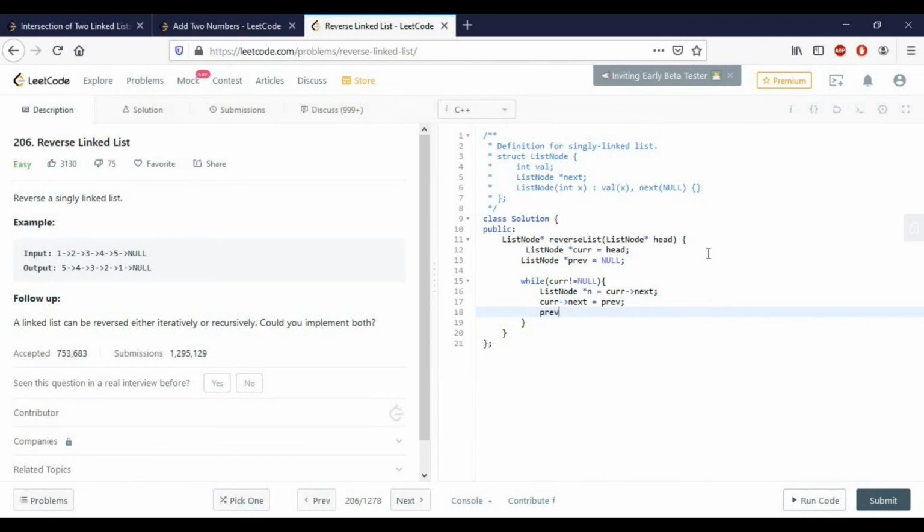Now we have to move ahead. For moving ahead, previous equals current, and current equals next, basically n. When the loop is finished, the head of the reversed linked list is nothing but previous. So we will return previous, and that's all.